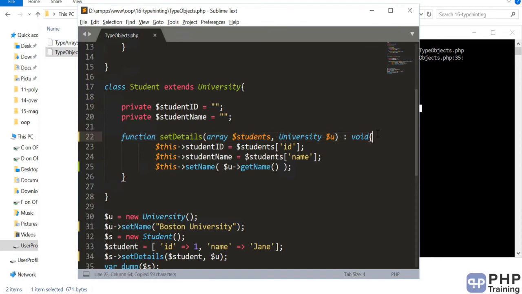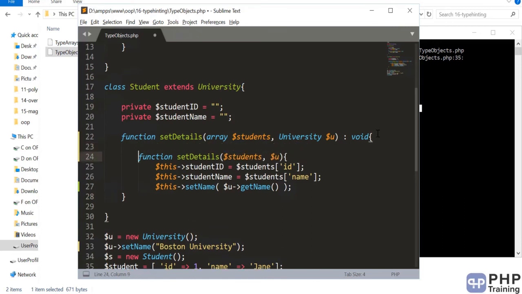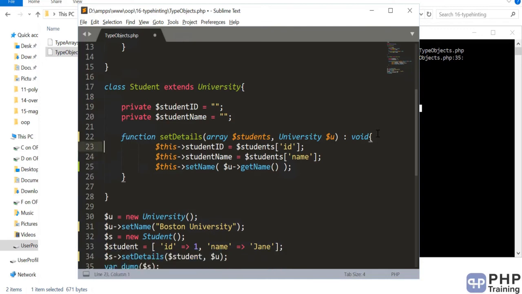And when you compare the same program like this, you don't even know what this is all about. And obviously when someone is trying to use this method and trying to call it, in most cases they will fail, because they won't understand what the type is here. Okay, so type hinting is a concept which will help you to write and simplify your coding style. So that's all about how you type hint with objects, and I'll see you in the next one.